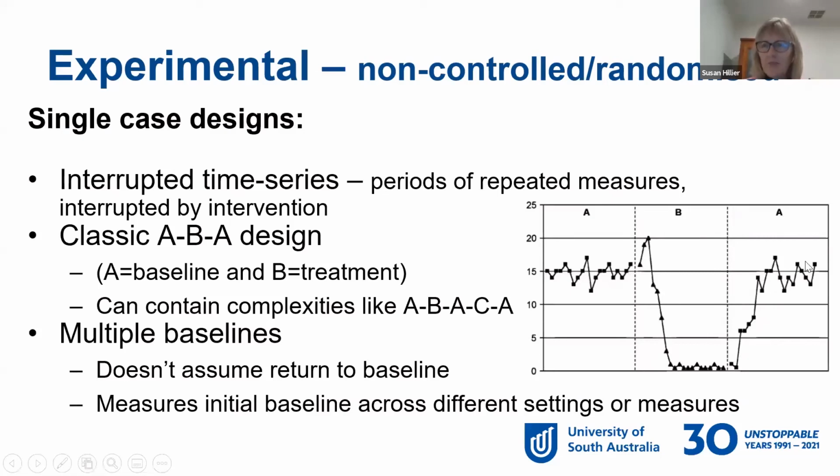This requires repeated measures. Single measures tend not to be as robust, so that you deal with the noise in the system and the naturally occurring variation in that measurement. In this scenario, there is a return to baseline. Again, in a lot of our rehabilitation trials, we wouldn't see a return to baseline because we'd be hoping for